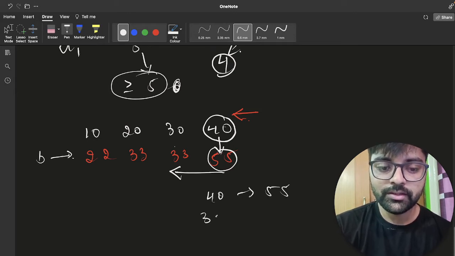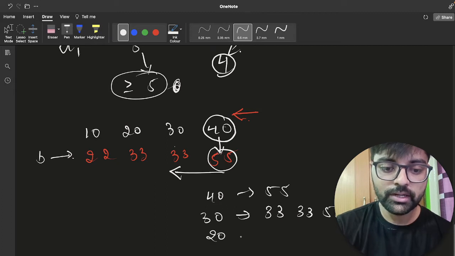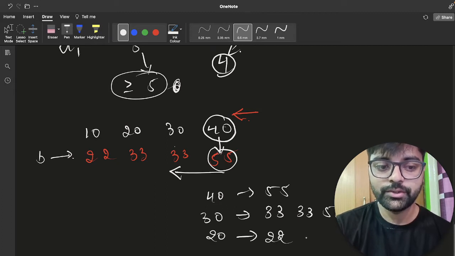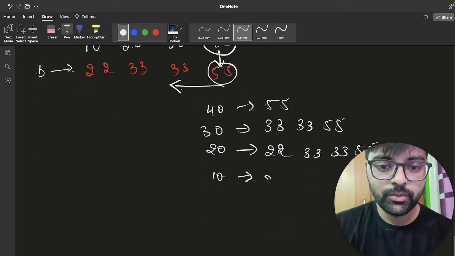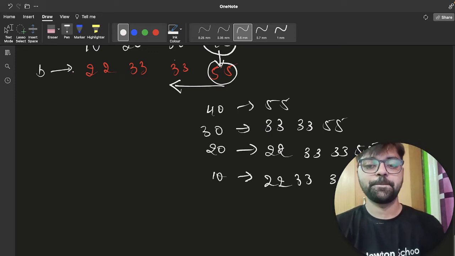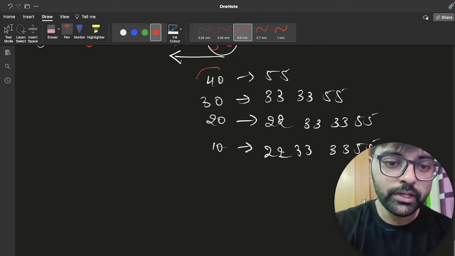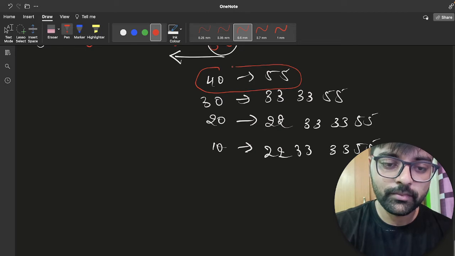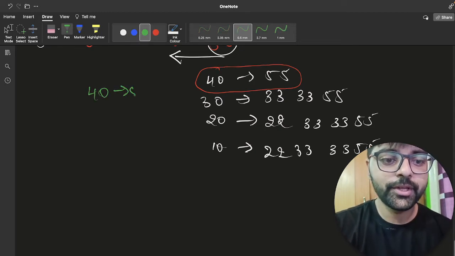Now for 30, what are the numbers? 33, 33 and 55. For 20, we can get 22, 33, 33, 55. And for 10, we will get 22, 33, 33 and 55. Right. So you can see that we have only one option for 40. So 40 will take 55.